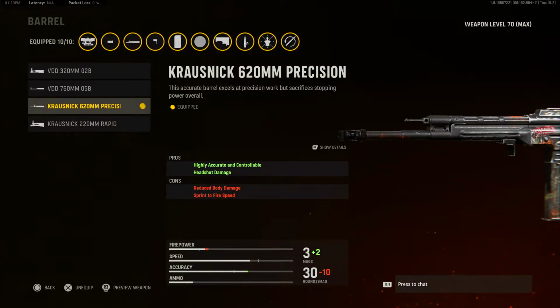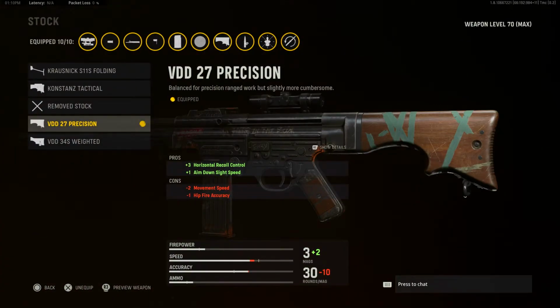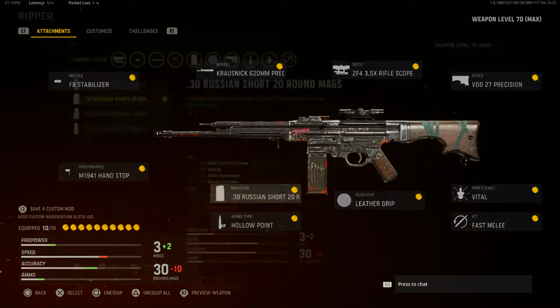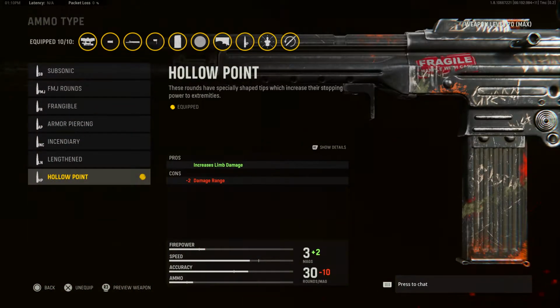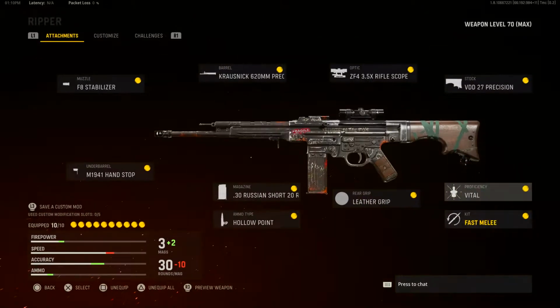620 millimeter precision barrel. Then we have the ZF4 3.5 rifle scope. Then we have the VDD 27 precision for the stock. For the magazine, we have the Russian short 20 round mag. Then we have the hollow point rounds, the leather grip, the vital proficiency, and finally fast melee. So now that that is all out of the way, we can jump into the aesthetic,